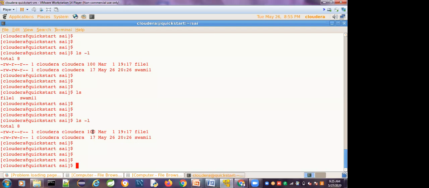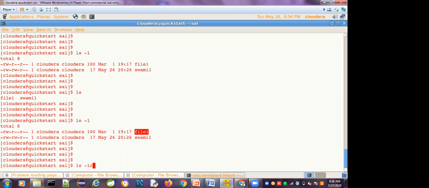The size of this file is one field. When it was created, the time and date, is one field. And finally the file name is also a field. So when you use ls -l, l is the long format, and these are all the 7 fields.